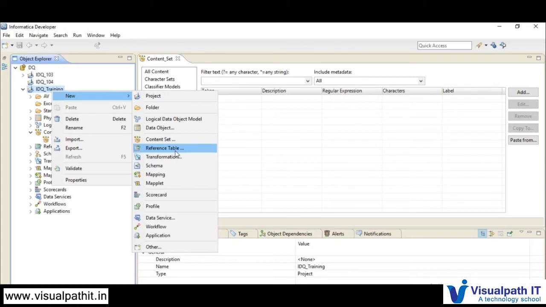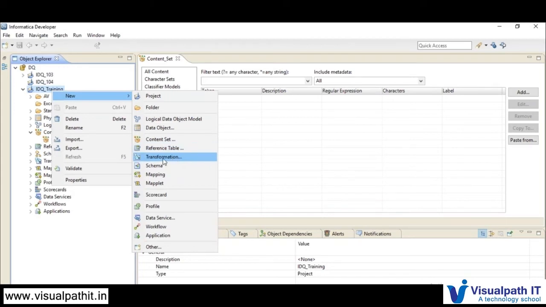Such information is project specific reference information. Based on the client provided information, you will create a reference table and use that in your project. So that is the use of this reference table.